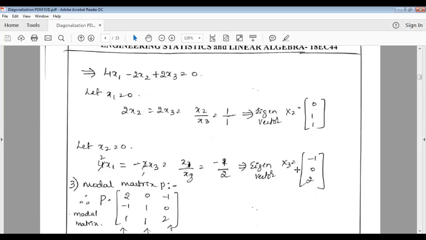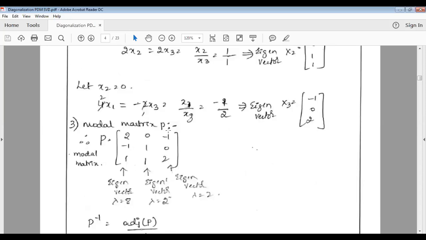Right? So this is how you will find the eigenvalues and the eigenvectors. And I have also shown you how you can write the eigenvector if you have a repeated eigenvalue. Okay. So this is only half the job done. Our job basically is to diagonalize the matrix, right? So the actual job starts now. So first we write the model matrix. Okay. So before we proceed, any questions? Any questions? How to find eigenvalues, eigenvectors? Okay. So if there are no questions, we'll proceed.